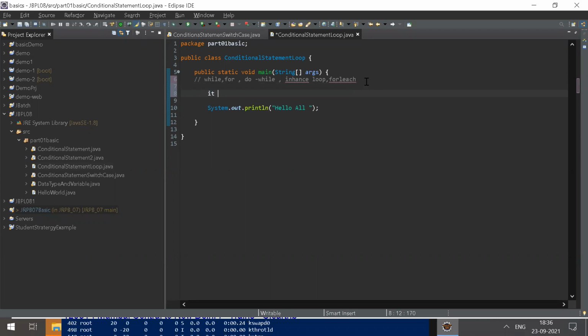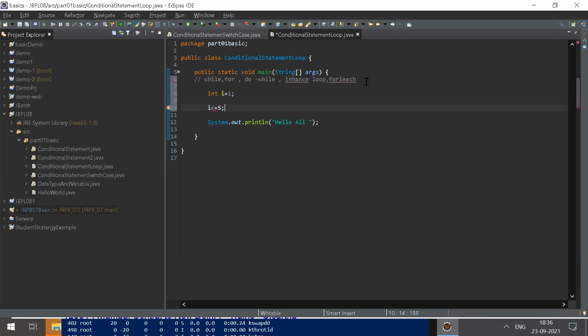I have a variable int i equal to 1. So i less than or equal to 5. Is it a true or false condition?